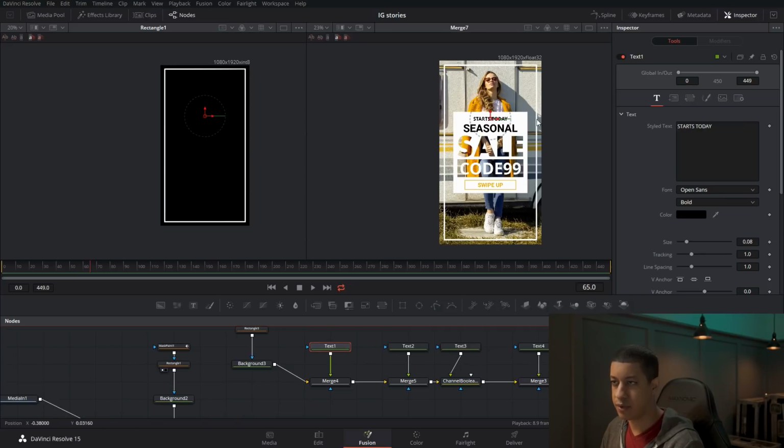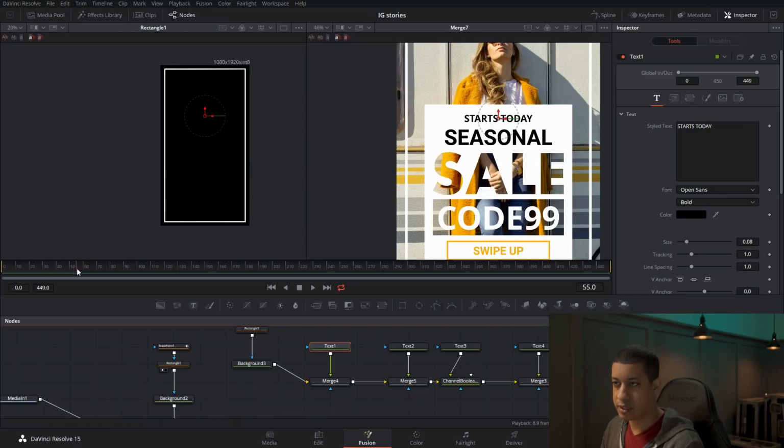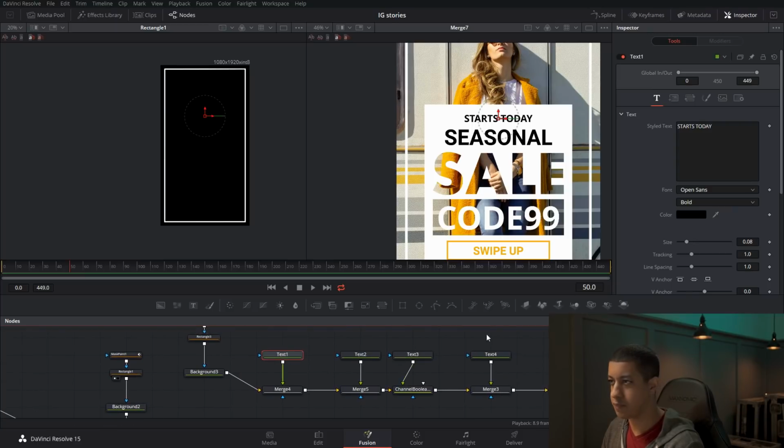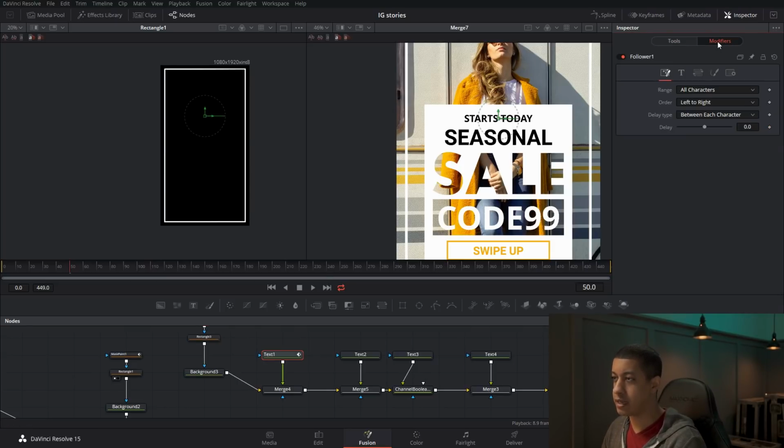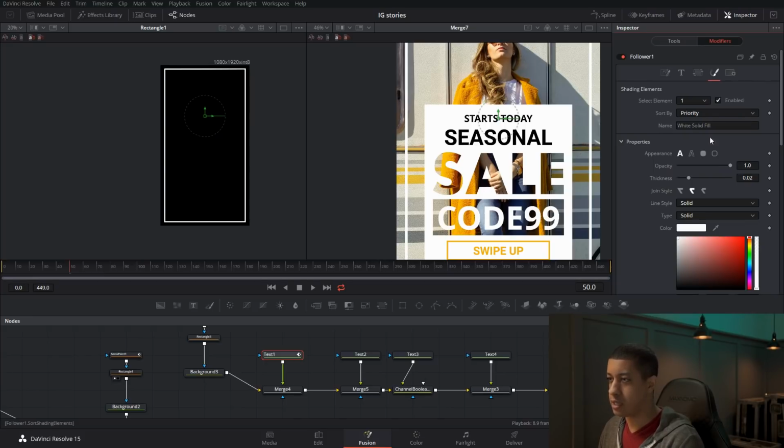The next we have this little bit here. So I just have to make sure that this box is there by the time that gets. So we could start it here at, I guess, frame 50. We'll have it start. And for this, I think I'm going to do a follower. And I'm going to do it character based. So each character follows the animation of the other character after it. So we're just going to right click in here, follower, and that is a modifier. You can set how much of a delay from one's animation to when the next character starts doing that animation as well. I'm just going to set 1 frame,